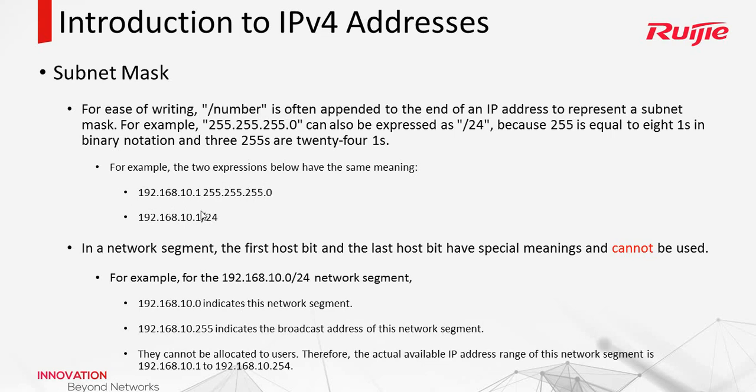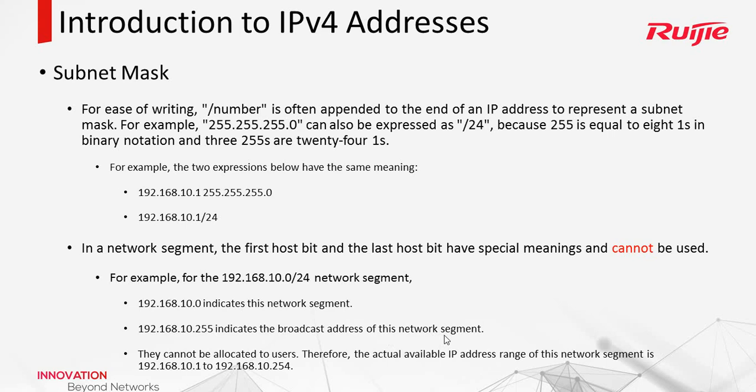Okay, so in a word, 192.168.10.0 with /24. This one indicates this network segment, and then .255, the last IP address, means the broadcast IP